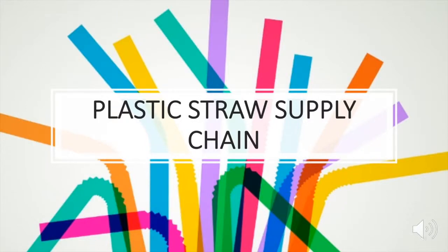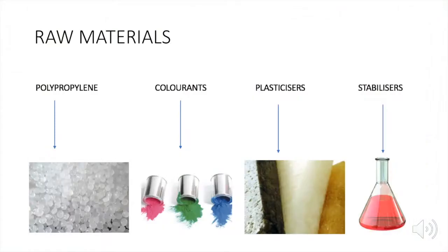At the start of the supply chain, the raw materials for the plastic straws must be procured. Plastic straws are made from a specially formulated blend of polypropylene resin, colorants which give the straws their aesthetically pleasing appearance, plasticizers which improve the flexibility of the plastic, and antioxidants and stabilizers that ensure the product is safe to